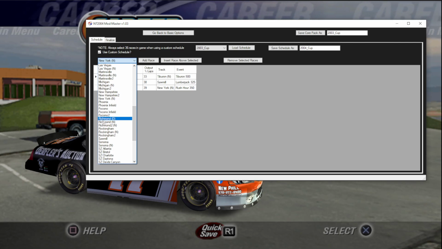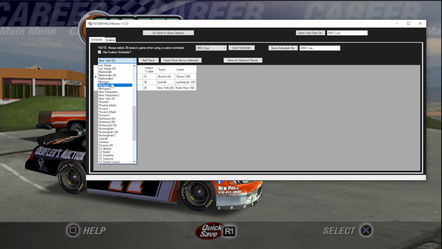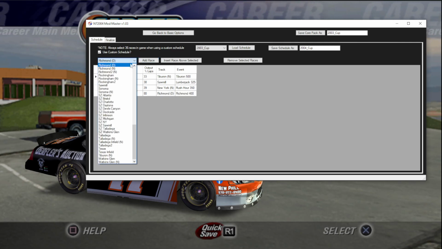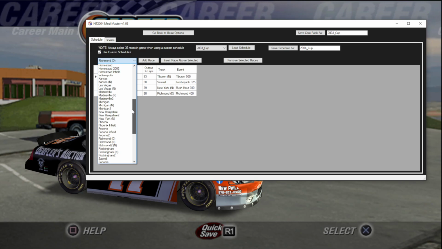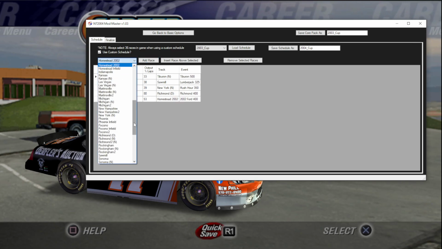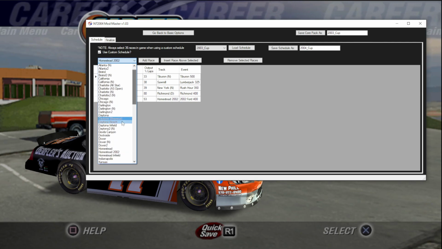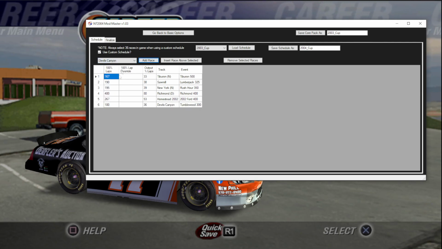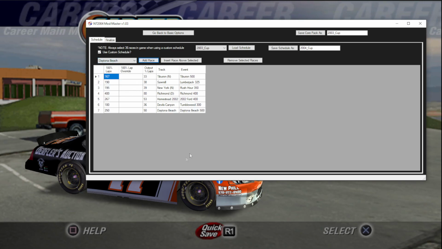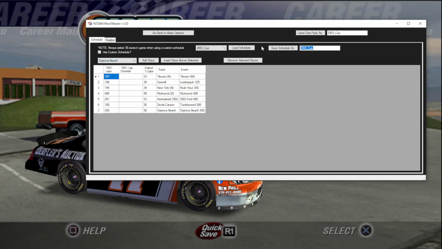Also, I want to note, a lot of people don't realize, because there's night versions of a lot of the day tracks, Richmond has a day track. So I'm going to add Richmond Day because I like Richmond. Homestead 2002, why not? You know, you could make this schedule whatever you want it to be, and we'll cap it off at Daytona Beach. And there I have a 7-race schedule, and I could save this as